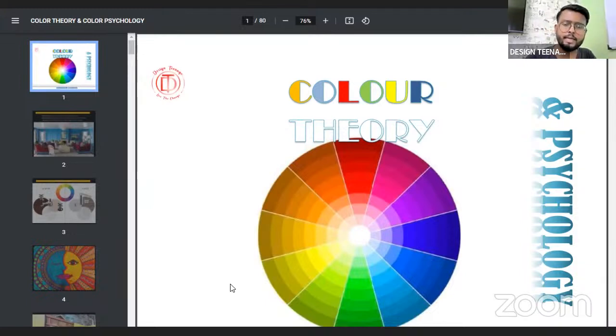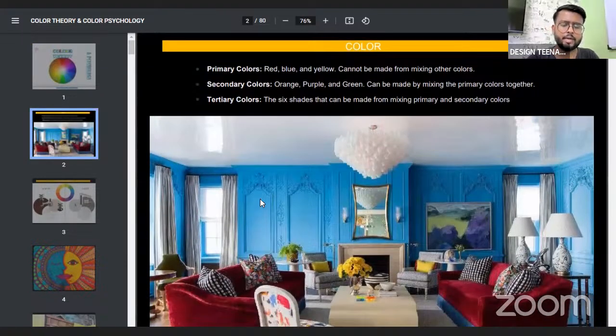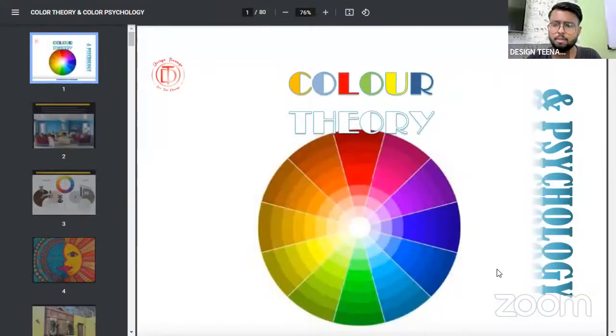This is all about color theory that we are going to learn today. So without wasting any time, let's proceed to our first set: what are these colors and how are they segregated. Any color that you see comes from this very simple color wheel which you see on the first page, and this color wheel itself describes a lot of things in terms of value, saturation, the different shades of color, what is primary, secondary, tertiary, and much more.